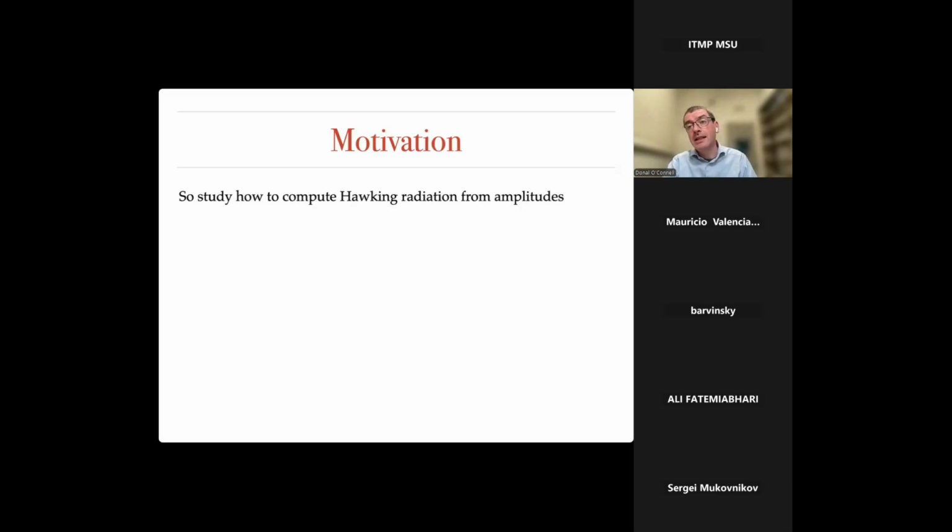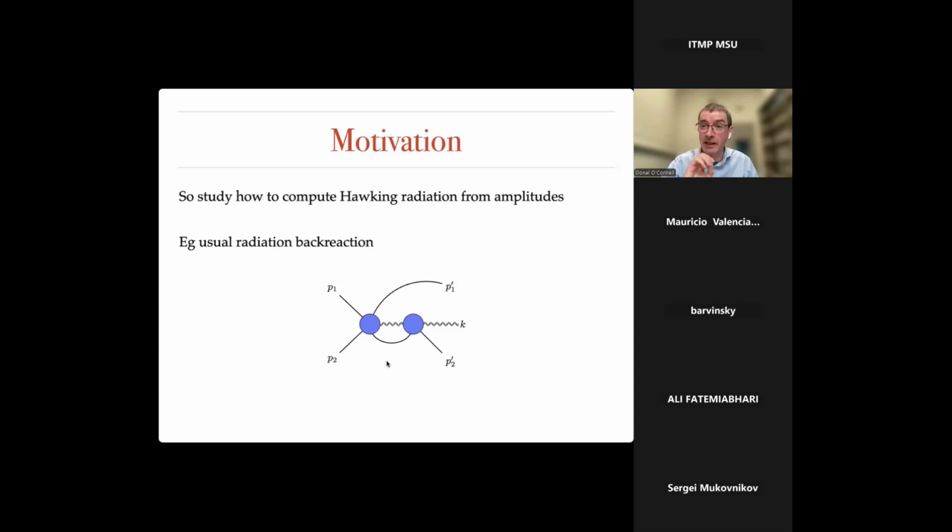So in particular, in the context of gravitational waveforms, we understand quite a lot of interesting physics. For example, there's the interesting physics of back reaction, the radiation reaction. This is one of the diagrams that's relevant in that computation. So it's just this diagram actually. It's interesting that in electrodynamics, this diagram is very closely connected to the Abraham-Lorentz-Dirac radiation reaction force. But it will be interesting then to try and compute the back reaction to emission of a Hawking pair. So to understand the back reaction, an actual controlled computation of the back reaction of the Hawking radiation on the system. I think that's an achievable goal in the future.